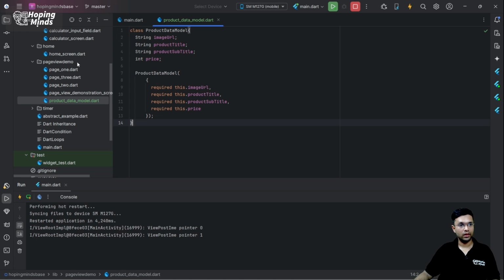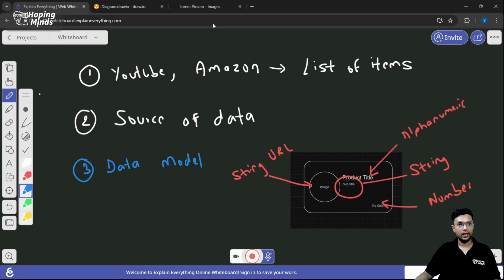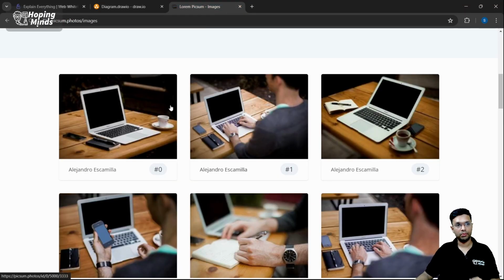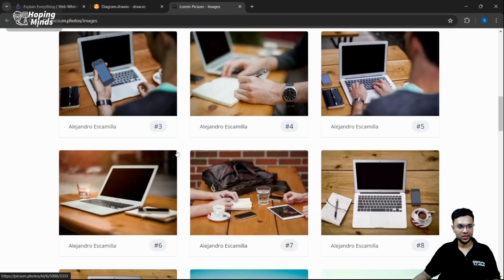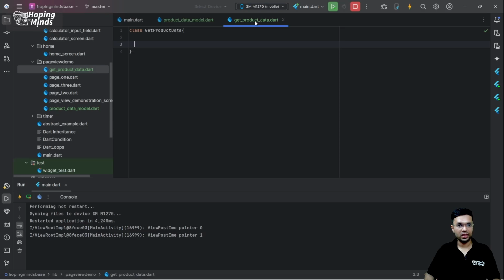Next, I'm going to prepare get product data as one particular class. So this class get product data is going to pick images from this particular open source website. So what I can try and do is, let's say I'll be trying to put this image URL, which in fact will load this image onto my app. Let me copy this,